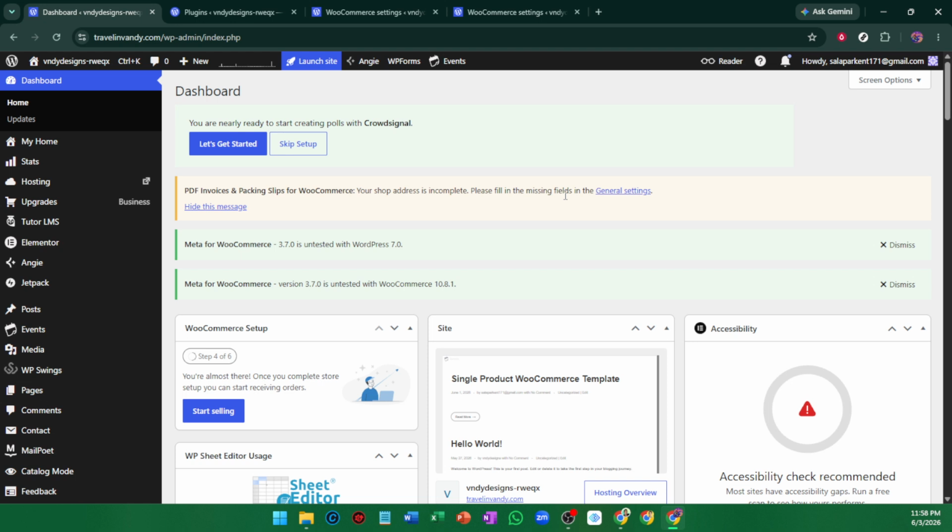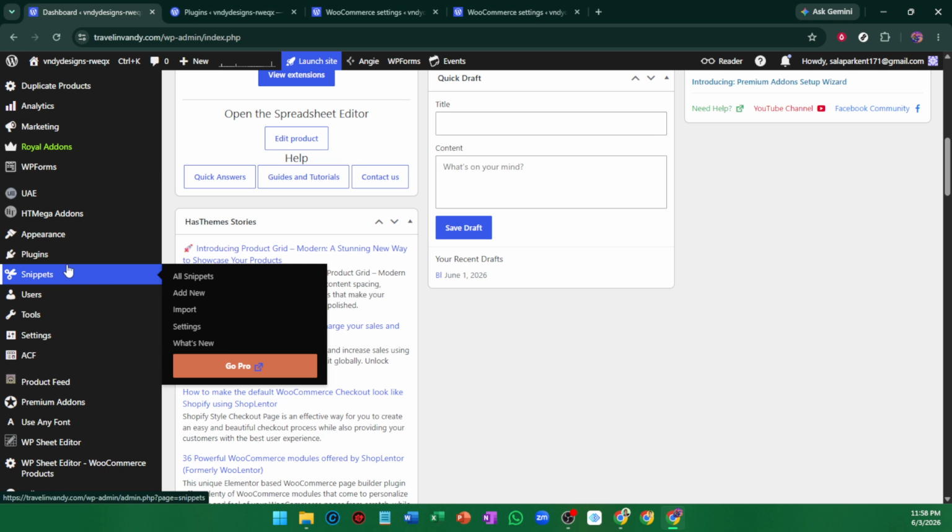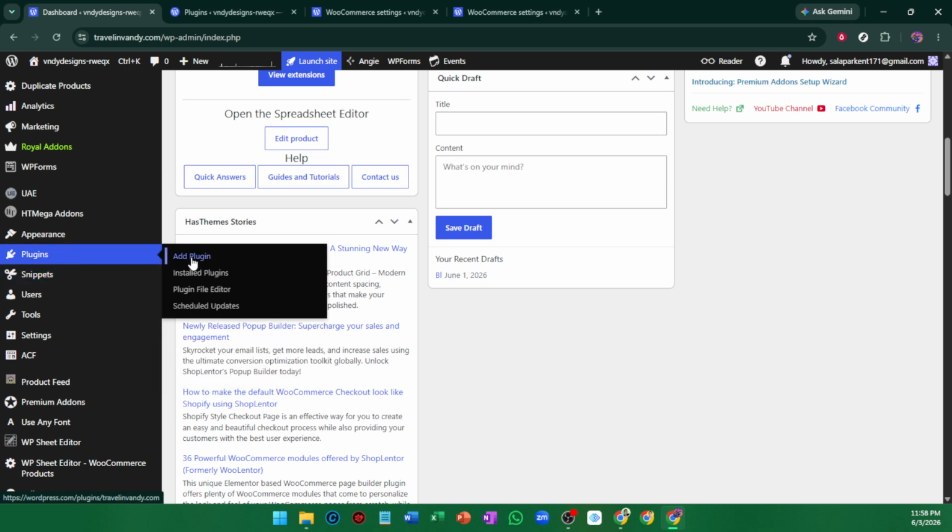your dashboard. To get started, log into your WordPress admin dashboard. This is the main control panel where you manage your website, plugins, and WooCommerce settings. Once you're in the dashboard, head over to Plugins and then select Add New. This will take you to the plugin library where you can search for tools that extend the functionality of your